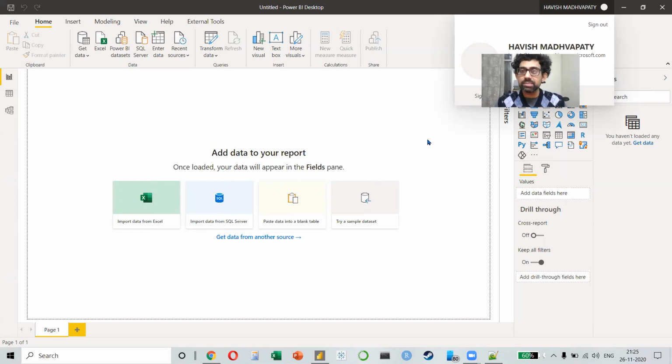But then what is the difference between a free and a paid account? With a paid account, you can connect to larger data sets, you can set it to automatic refresh, and you can share your reports with other people. These are the three big differences. Larger data sets, automatic refresh, sharing with other people. If you don't want these three things, then you can just work with the free version.